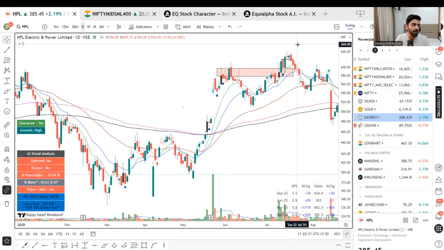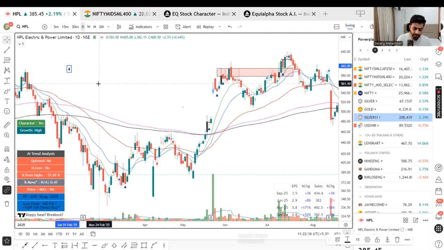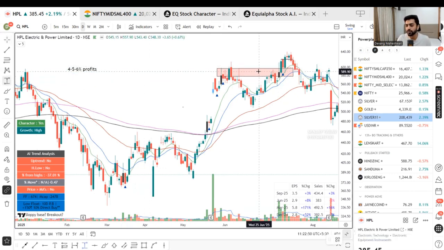What should I do? Simply, if you have some profits to risk, if you have 4, 5, 6% profits, then you can hold it. Otherwise it's risky because of all these gap downs that can happen. If I have 5% profit, my stop loss will be like 4-5% down. So even if the stock goes from my 5% profit to 10% down on the gap down, I will still be within my max risk for that trade, which was my original stop loss. I'll be closing it at that point.